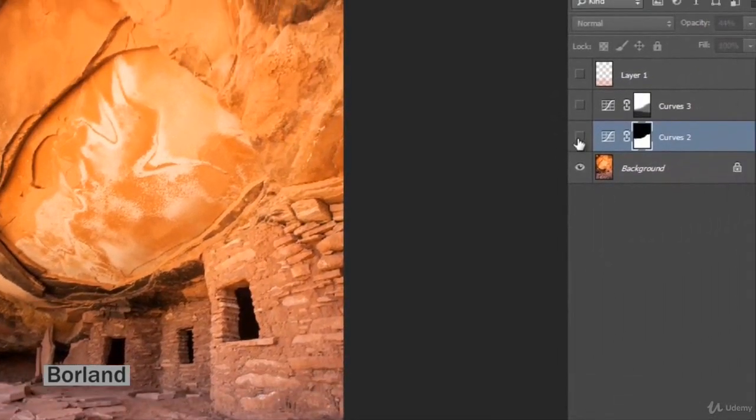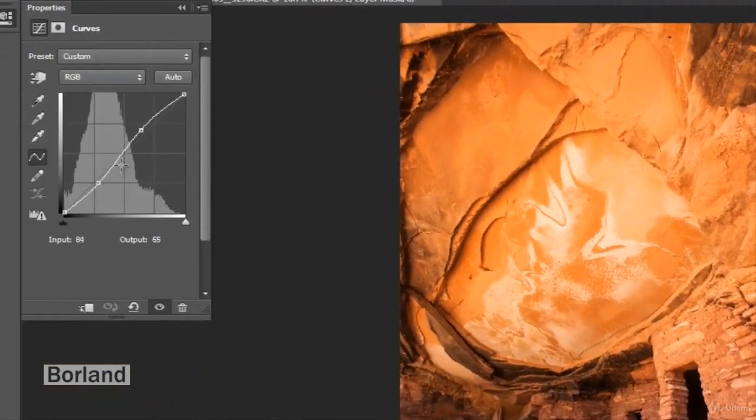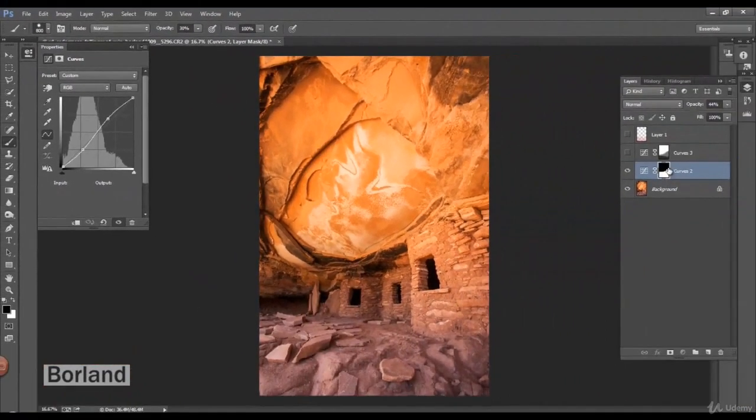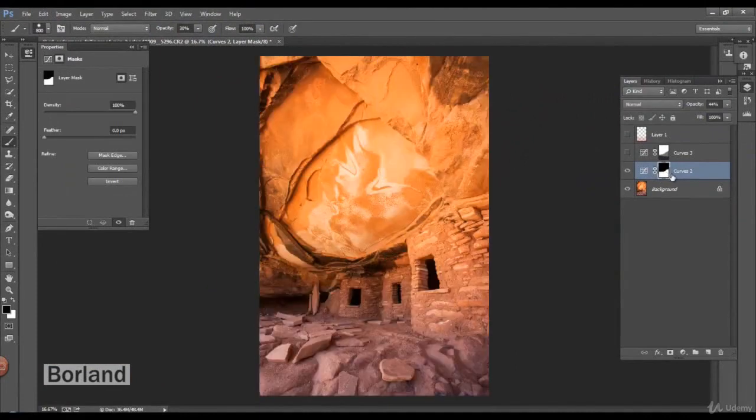So first thing is I come in and I added a curves adjustment layer, and if you look, you can see just a bump in contrast, a little darker on the shadow areas, a little brighter on the highlight areas. And then I also didn't want that applied to the upper areas, so I went in and added a mask with a brush at 100% opacity, painted black on there, and that pretty much denies the ceiling that contrast adjustment that's down here. So look at the bottom again, you can see just a little snap added, and I kind